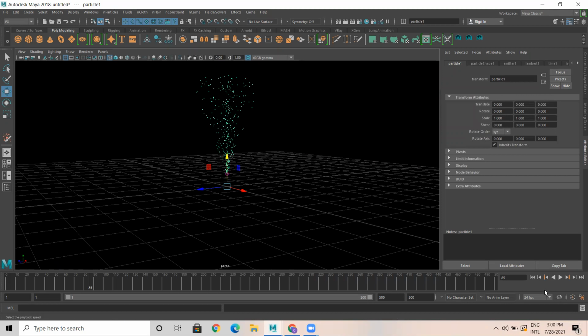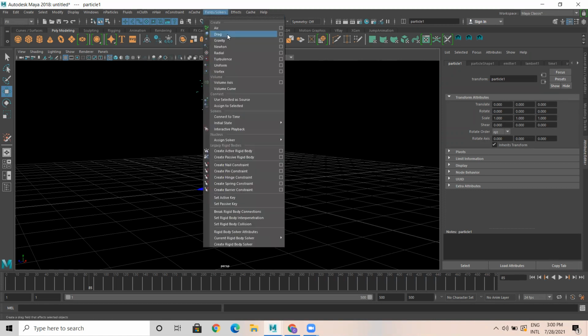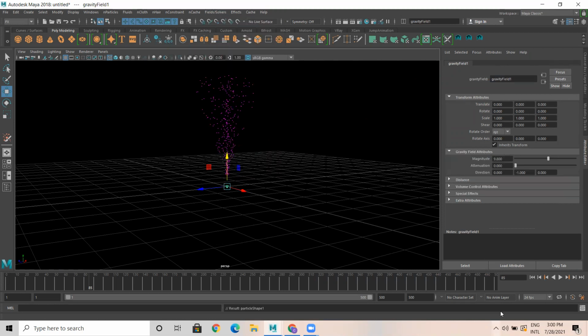Okay. Then what I'll do, I want particle to come down. Let's say if I light a flower pot kind of firework, it will go up like this and it should come back. So for that, select this. I would like to apply a field called gravity. You know gravity. It tends to pull the object down.